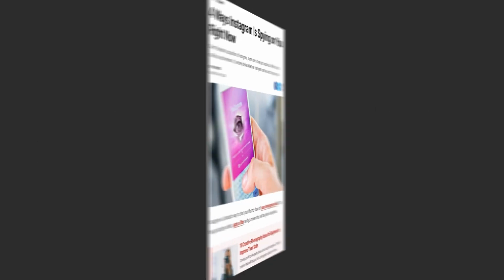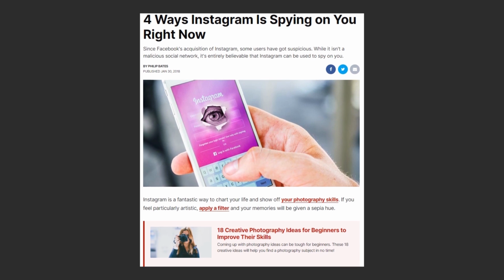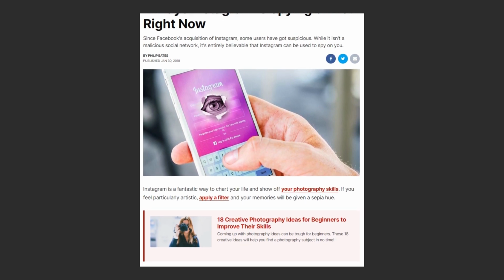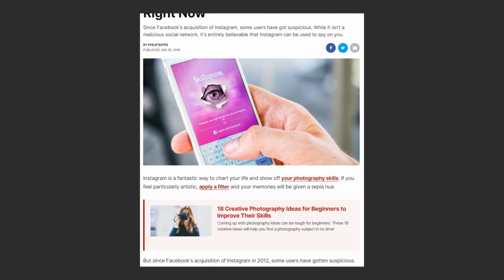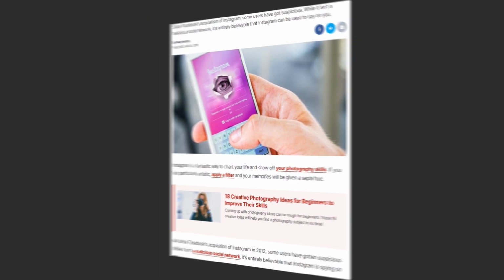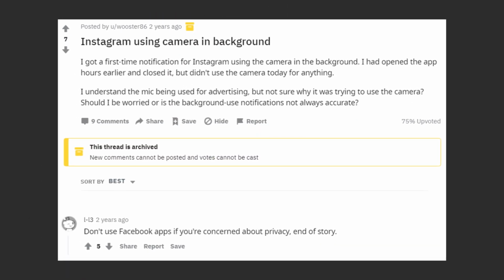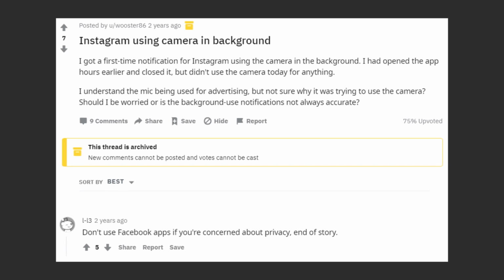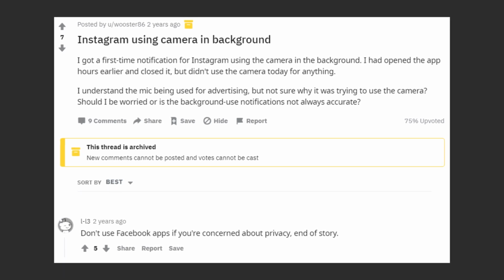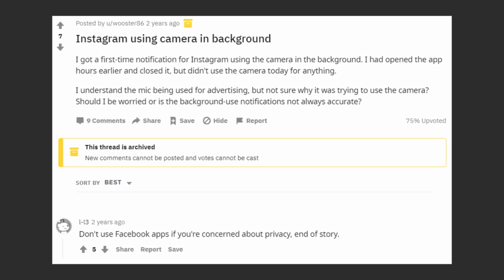Naturally, we can draw a worrying conclusion that Instagram indeed has been accessing cameras without permission all this time and was only caught because of the new iOS update. We managed to find similar discussions from concerned users that dates back to 2018, and that the Instagram app running in the background is the only possible culprit.